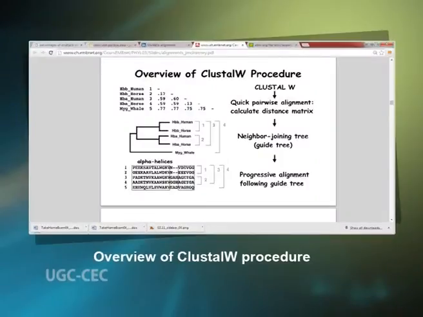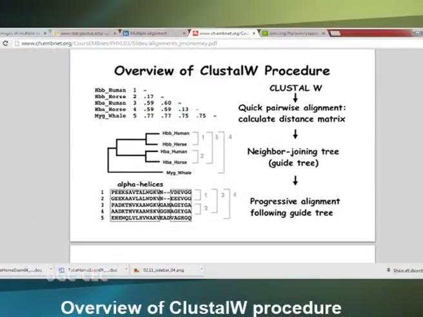One of the most important features of this program is the flexibility of using substitution matrices. Clustal does not rely on a single substitution matrix. Instead, it applies different scoring matrices when aligning sequences, depending on degrees of similarity. The choice of a matrix depends on the evolutionary distances measured from the guide tree.